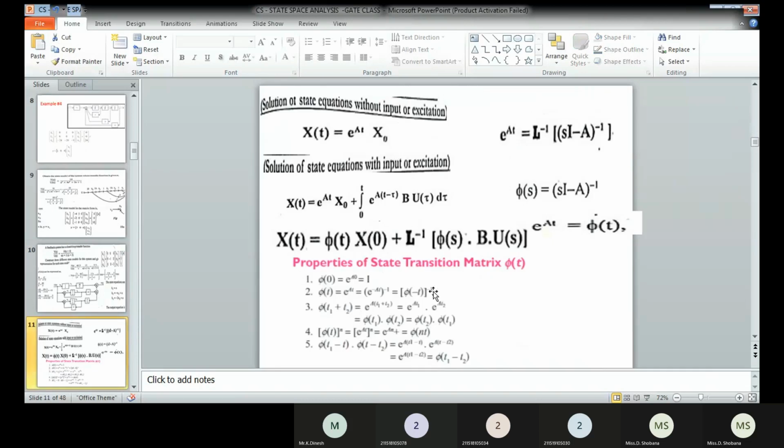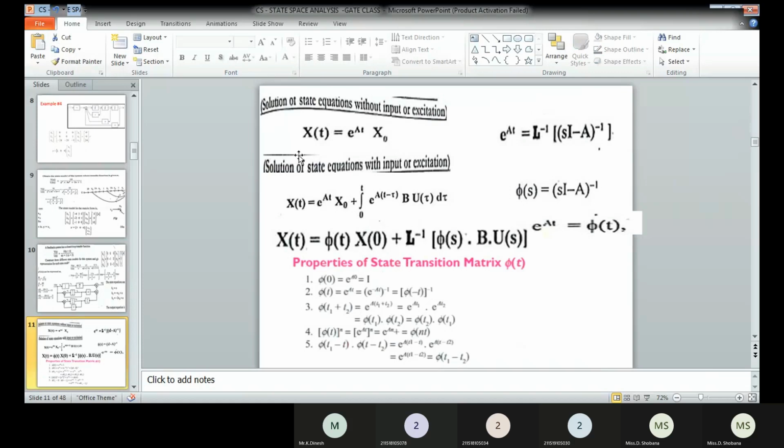Okay, and then we can go for the next topic, that is the solution of state equations with the input signal and without input signal. Here we have a state differential equation, which will be obtained with the solutions. If you are having no input signal, x of t will be obtained as e power at into x of 0. This x of t can be obtained by two methods: the e power at method, and the other one is the Laplace transform method. Here e power at is nothing but L inverse of (sI minus A) the whole inverse. So this e power at is nothing but the state transition matrix.